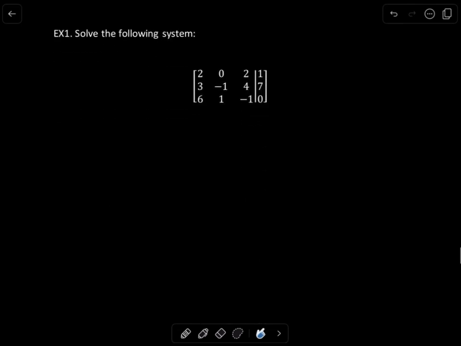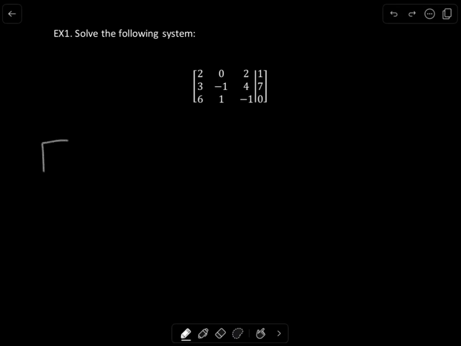So here's that very same system that we've been dealing with. How do you now solve it? The basic gist of Gaussian elimination is to get leading ones in a row, in the first row, second row, third row. Let's deal with the first row. So how do I get a leading one in the first row using elementary row operations? Remember, I can swap rows, I can add multiples of a row to each other, or I can multiply them by constants. So the easiest thing would be to divide the first row by 2,